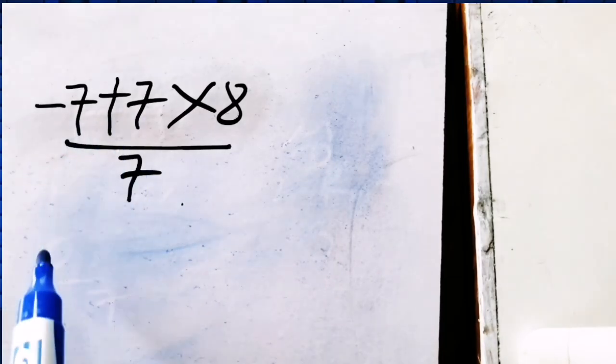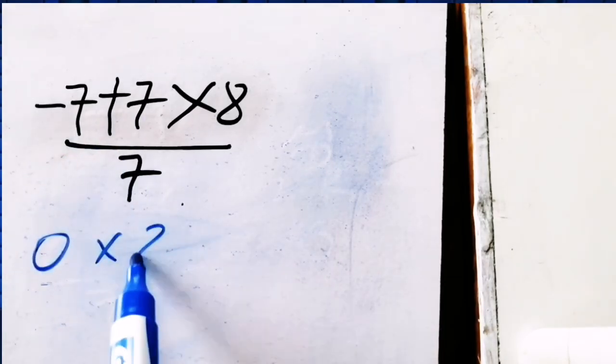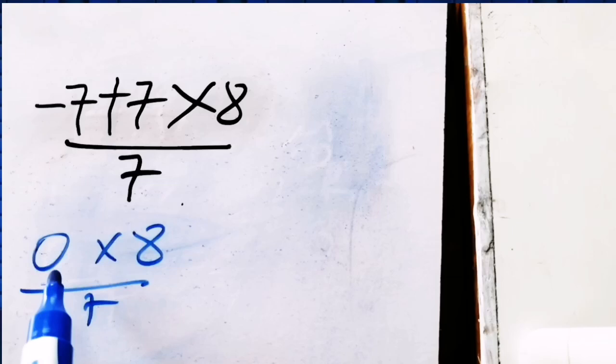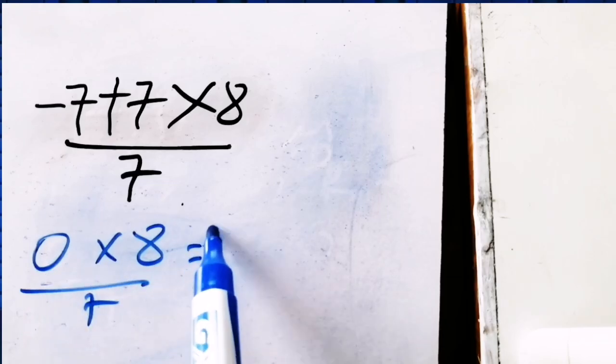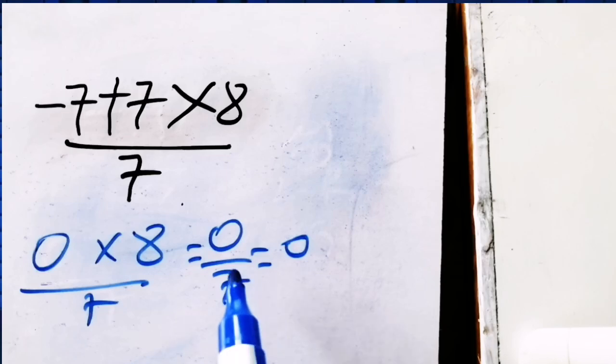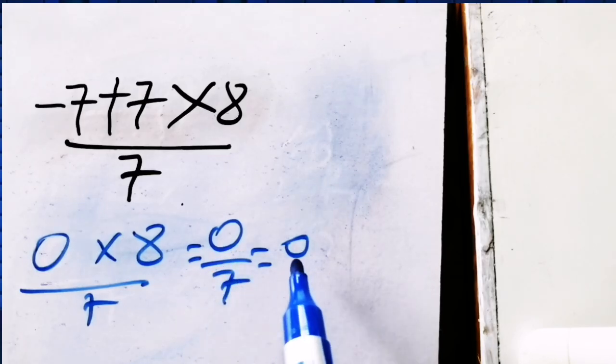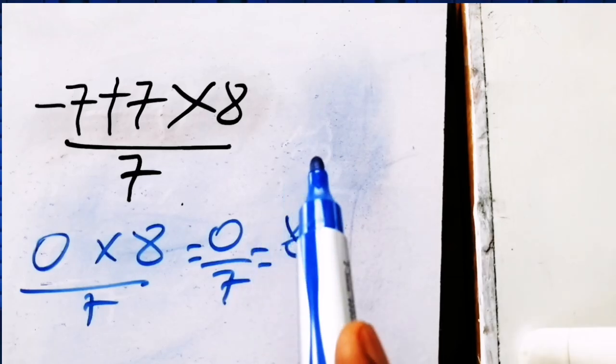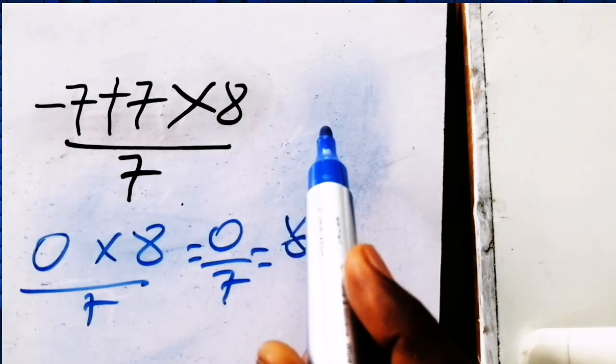Negative 7 plus 7 which equals 0. Then times 8 over 7. 0 times 8 which equals 0. Okay. 0 divided by 7 which equals 0, because 0 divided by any number, the answer will be 0. But this answer is not correct because according to the order of operation,